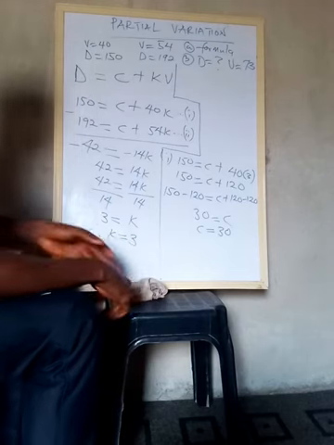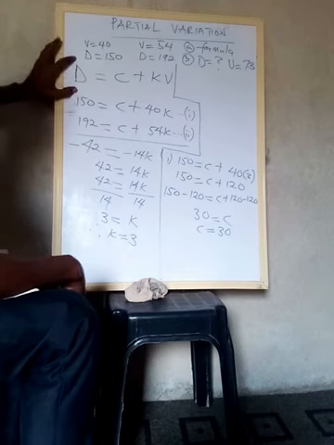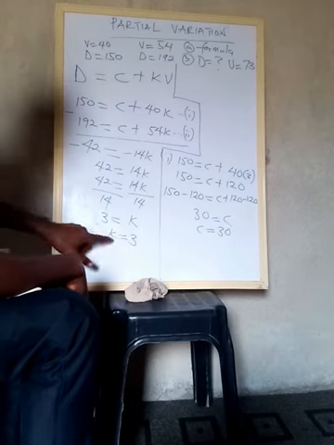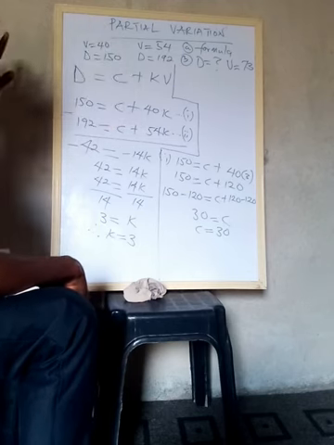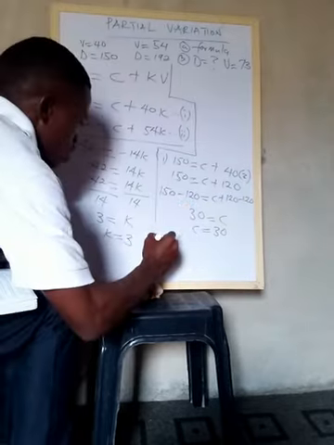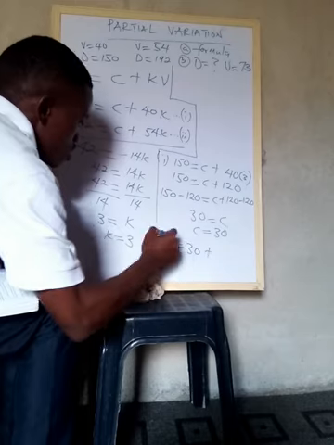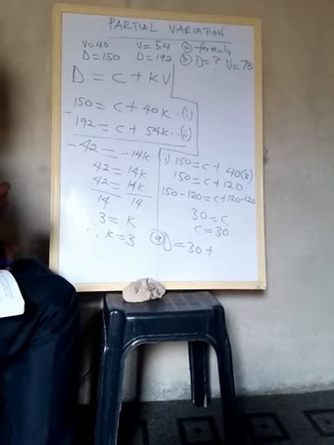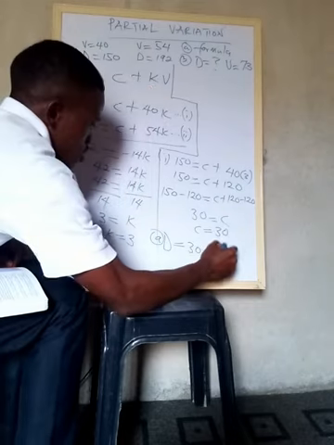Okay, the next part of the question, we have to find the formula connecting them. We're going to get the formula from this one. This is the original formula. Here we are only going to replace the constants K and C. The D and the V we leave, because we are deriving a new formula to solve any other question that we come across. So we have D is equal to C, C is now 30. This is the A part of the question. Plus K is 3, 3 times V is 3V.